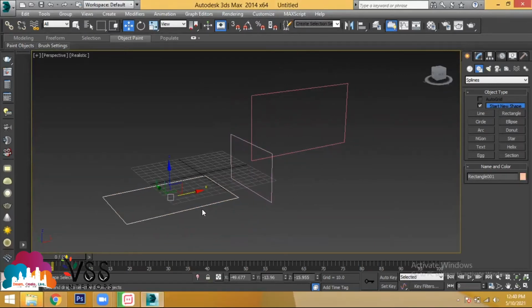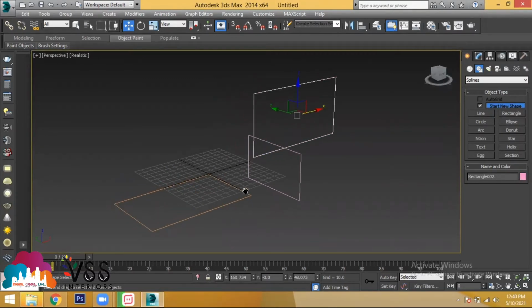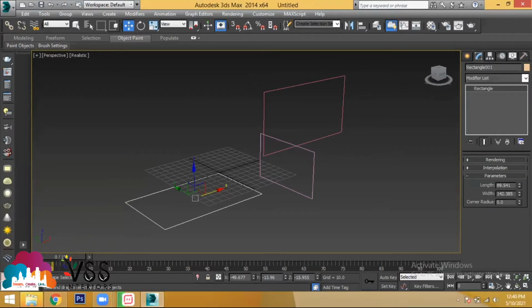Let us take the grid page. This is from the top view, and this is from the left view, and this is from the front view. But if you want to provide some height for the object, you have to select that object, go to modify, and modify what all the things we have discussed. One is the change of the length, the change of the width, and the change of the corner radius, nothing but the sharp edges will get changed to the curved shape.